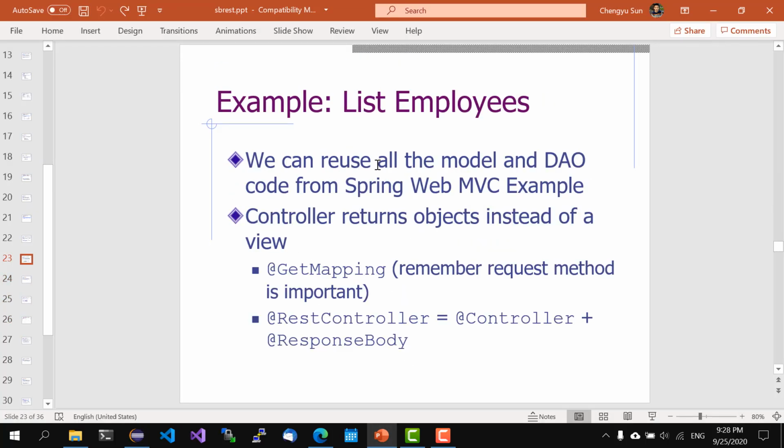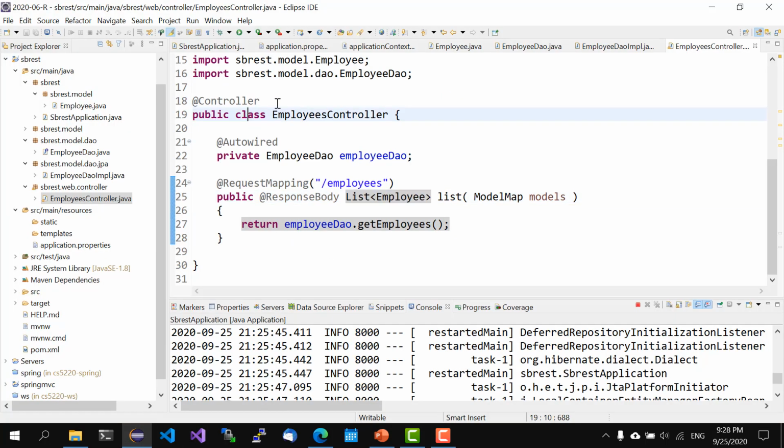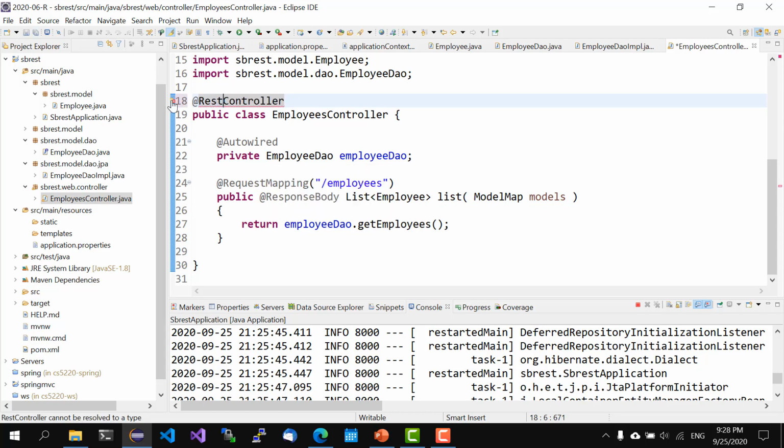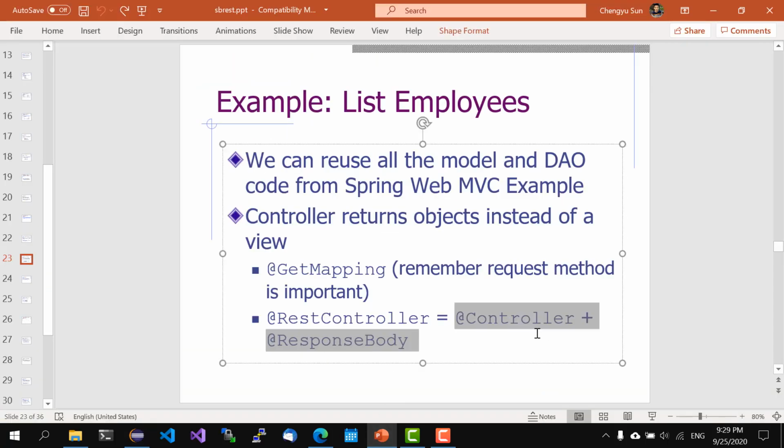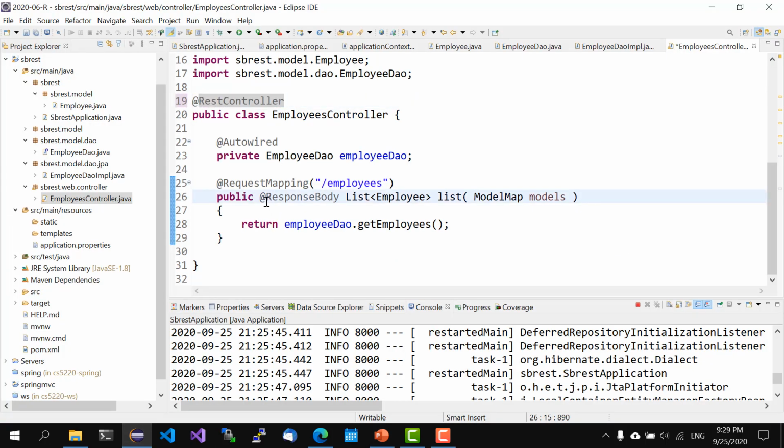And one more thing about this: when we do Web MVC controllers, we typically annotate the controller with Controller and then return values of controller methods or view names. But for APIs, there's a convenient annotation called RestController. RestController is basically Controller plus ResponseBody, meaning that we no longer need to specify ResponseBody for each